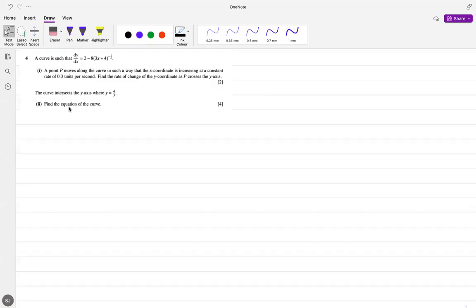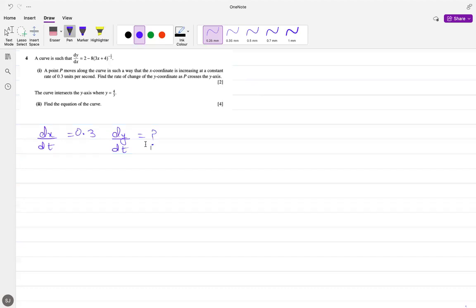In question 4, we have a curve such that dy/dx is 2 minus 8 into (3x plus 4) to the power negative half. The point P moves along the curve in such a way that the x coordinate is increasing at a constant rate, which means that dx/dt is given as 0.3 units per second. We have to find the rate of change of y, so that means we have to find dy/dt,